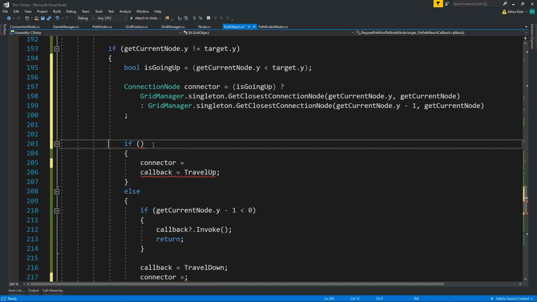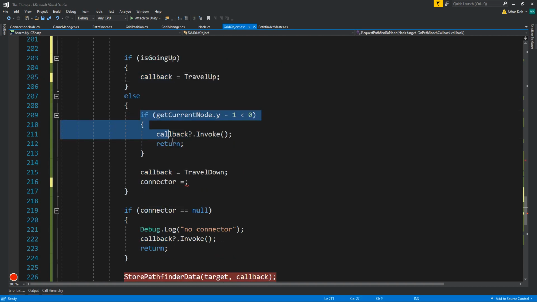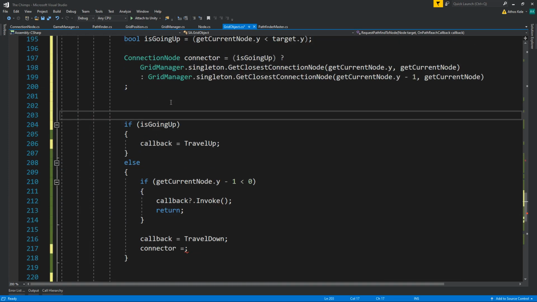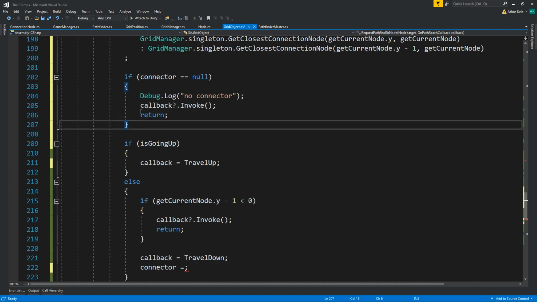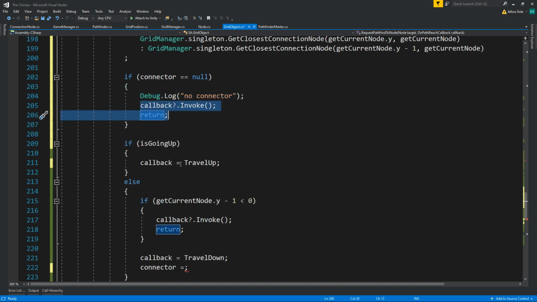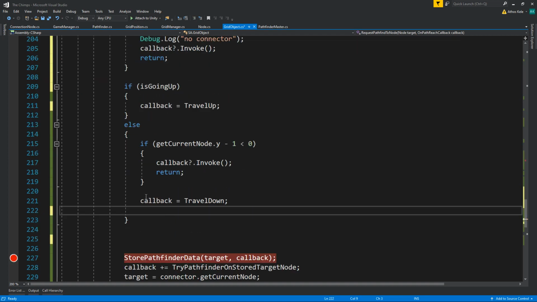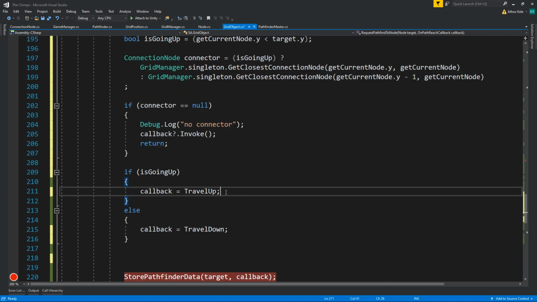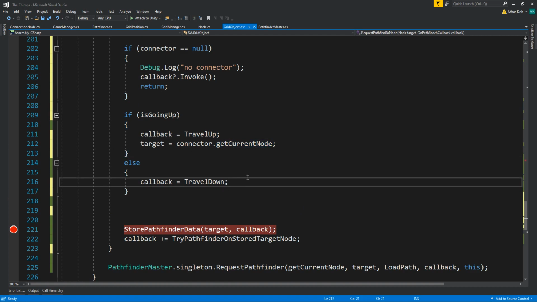Then we want to have connector travel up. Okay, so if it's going up, the callback will be travel up. Okay, and this needs to happen here if there is no connector before we do all of that. It's going up, callback, or actually we could just not do anything over here and it will go and try the second phase. But if you are traveling down, your target now on going up should be the connector node. On going down should be